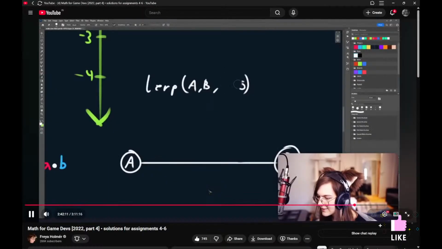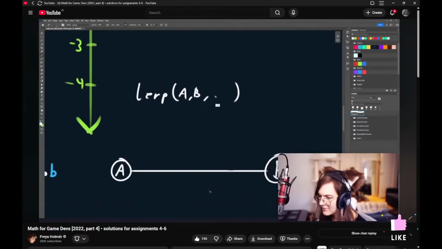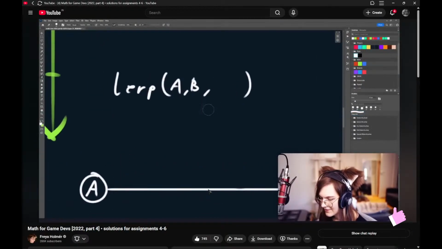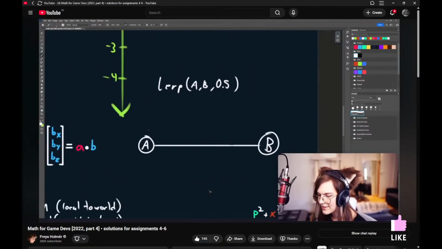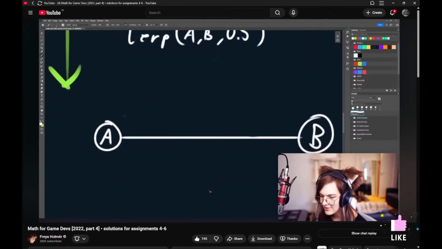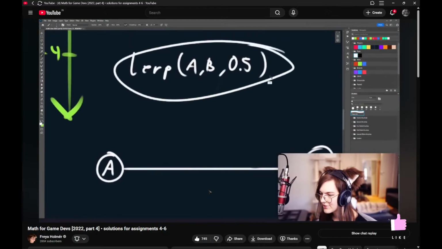To B. Let's say that that's our thing. And we say that we want to go, I guess 0.5 is easy. So 0.5, we want to go halfway between A and B. So if we call this function,